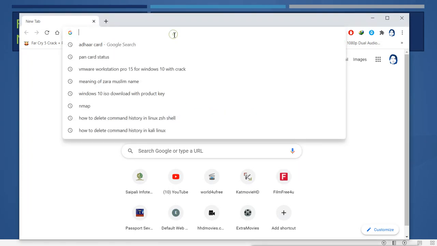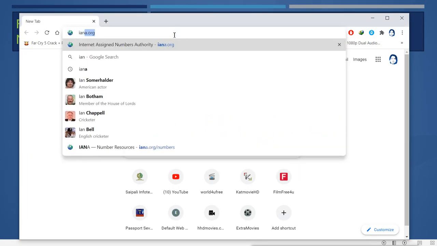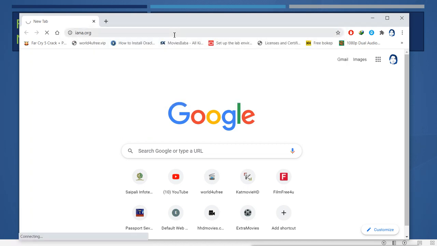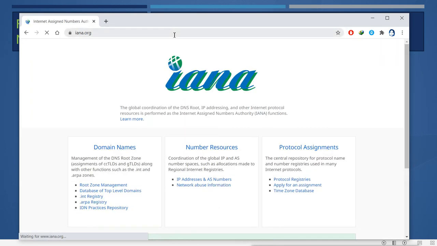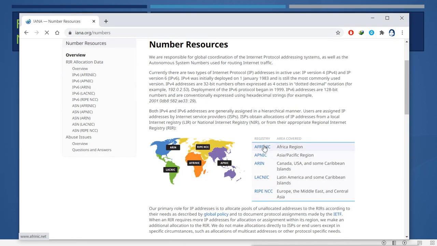For example, I will show you. When you go to iana.org, the organization for numbering, you go to number resources, and here you will see the different regional registries.